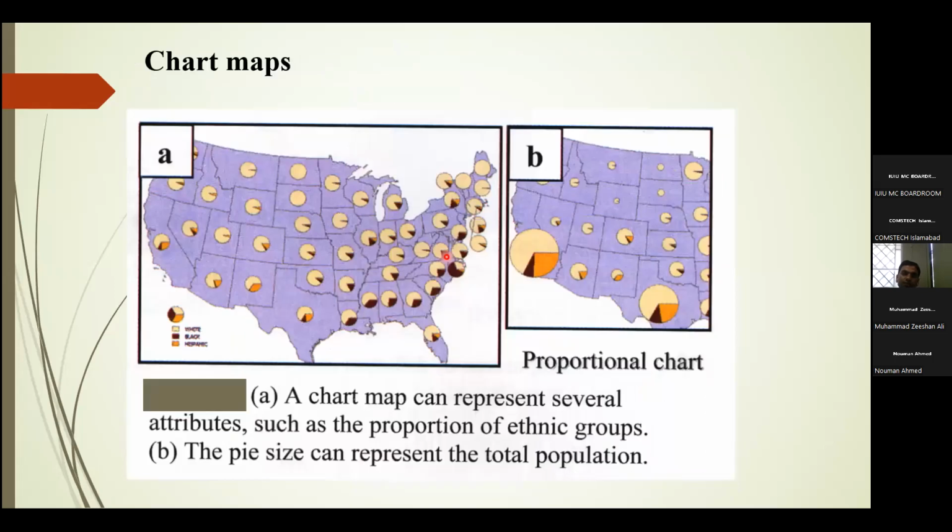We can also develop chart maps which can represent several attributes, such as the proportion of ethnic groups. The pie chart can show us the difference across the maps, where we have different ethnic people in the states. We can see where we have only a single ethnic group and also some of the half, and we can see from this one